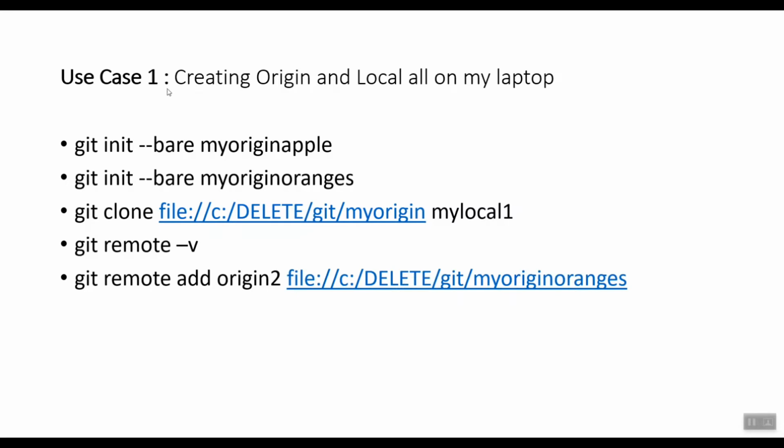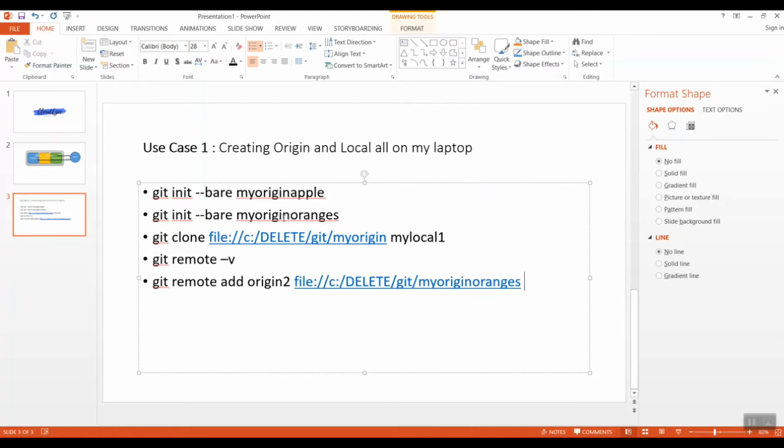So say for example, you do not want to go and create an account on GitHub and you do everything locally. That is, you want to create your origin and local all on your laptop. How do we do that? Is what we're going to look at today. So to start with, we'll pick up the git init command. The git init command without any options, or at least without the option bare, lets you